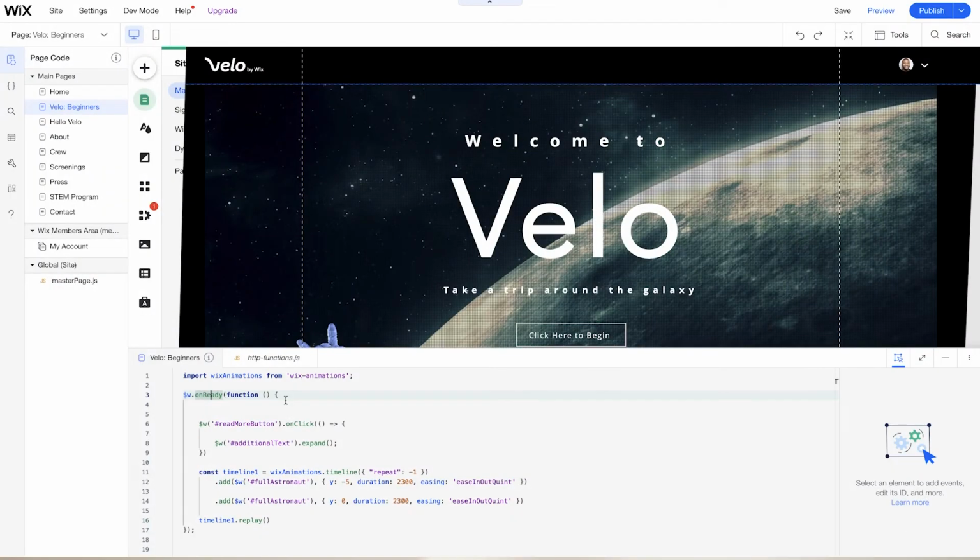And you see right here, onReady already comes ready for us to go. And this is just where we're going to write our code so that before it actually presents to the page, our elements and the functions we create are already ready to go, so we don't have to look for those resources elsewhere.